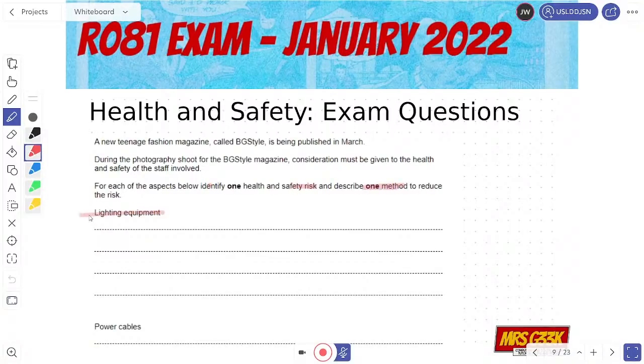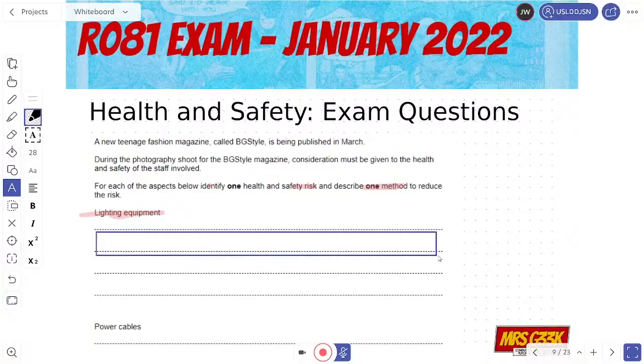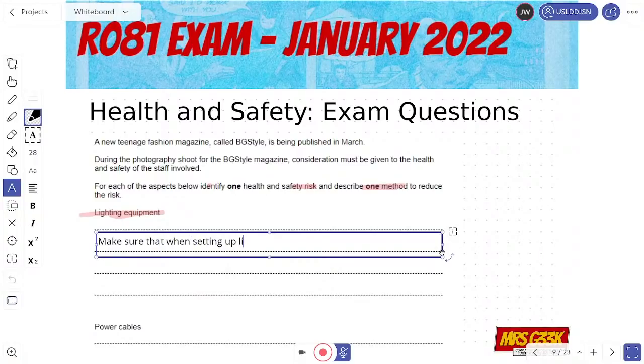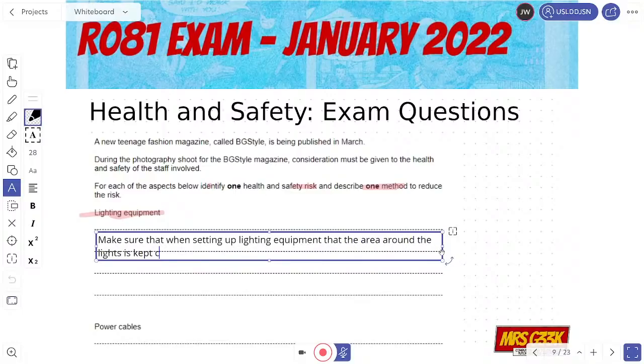So the first thing we're looking at is lighting equipment. So this could be our working at heights thing. So make sure that when setting up lighting equipment, the area around the lights is kept clear to prevent injuries from the lights being dropped.